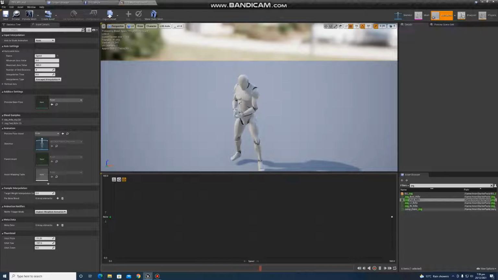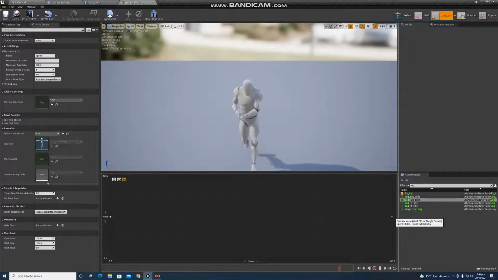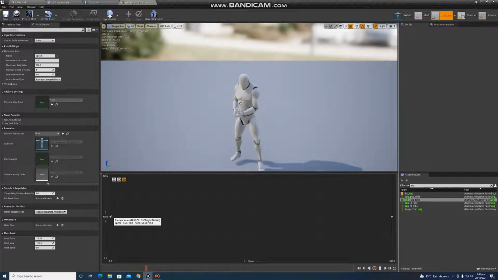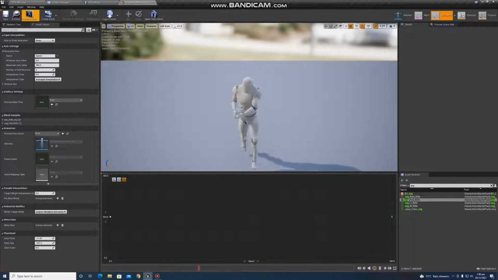So here you can see we have set up the two animations, the idle one and the running one. When our speed is 0, our character is in the idle form, and here you can see when I have moved the pointer from 0 to 300, our character is in the running form. When I have moved it to 0, it will again go to idle position, and when I have moved back over 300, it is in the walking state. So far, so good. Let me save it and